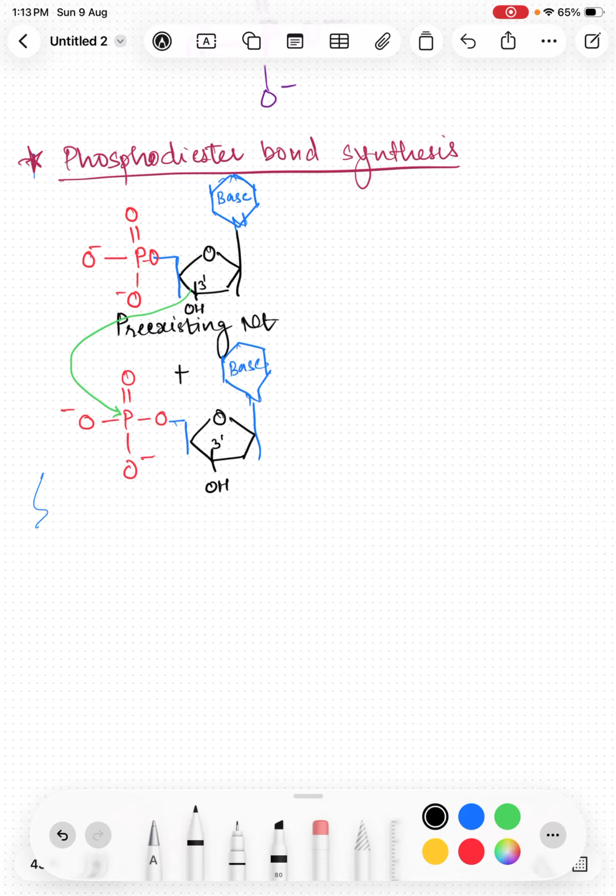This is upcoming nucleotide. The 3' OH group which is present in pre-existing nucleotide will attack 5' phosphate group of upcoming nucleotide. This phosphate group is present at 5' end, and thus